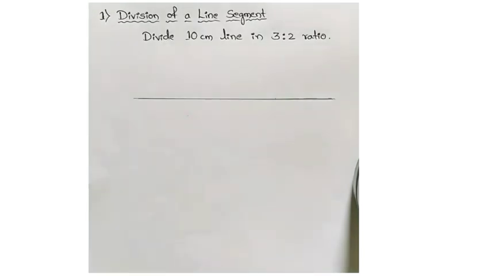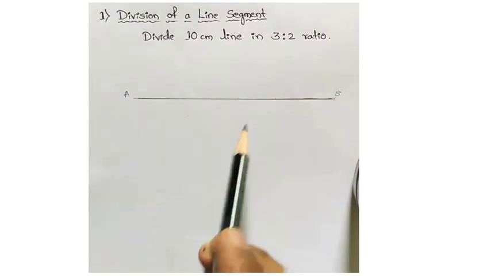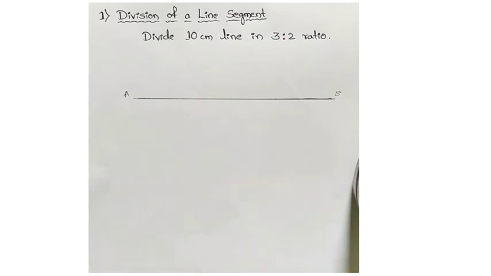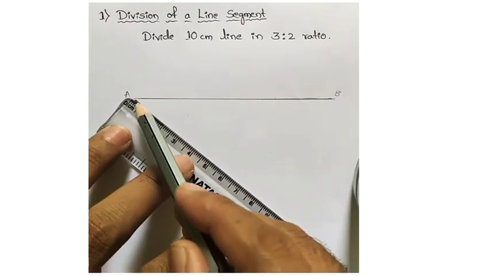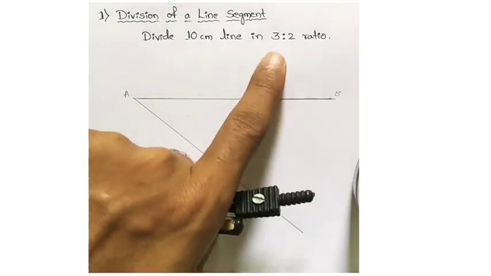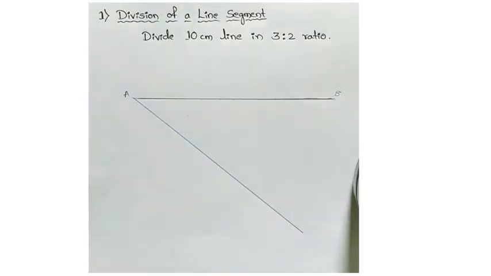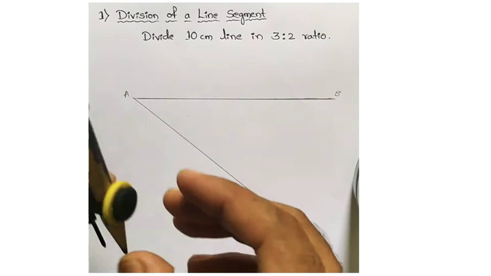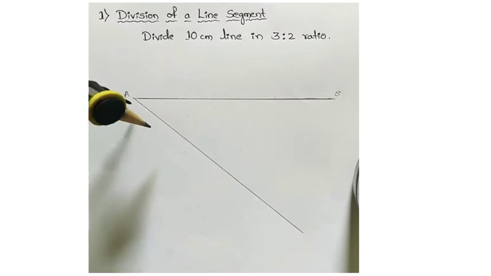Okay. So let the name it as A and B. Okay. So for this what you have to do? Make one acute angle approximately some centimeter. Okay. So using the compass, make here total how many parts we need? We need 3:2. It means 3 plus 2, totally 5 parts. Out of 5 parts, 3 parts one side, 2 parts one side. So here make 5 equal intervals along with the compass.